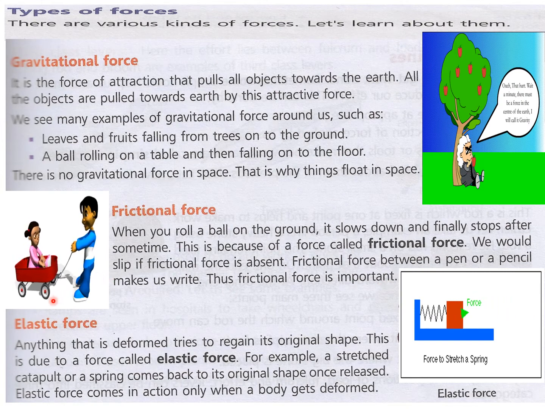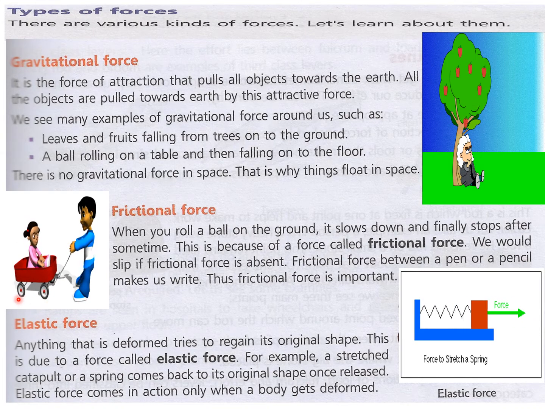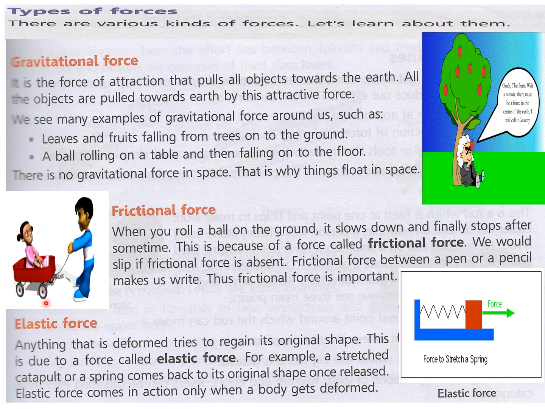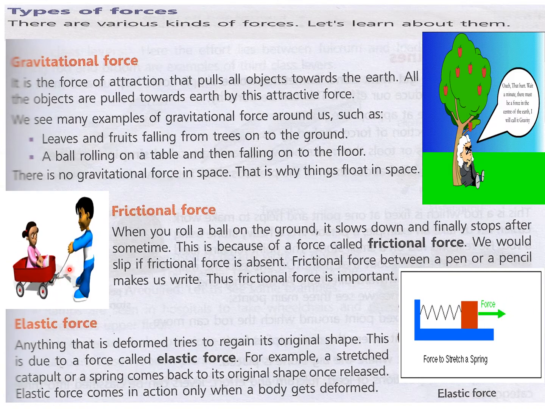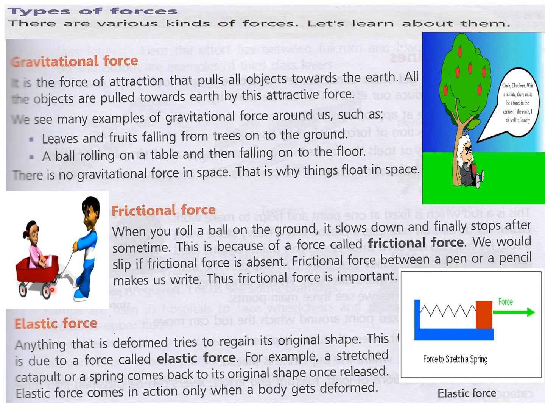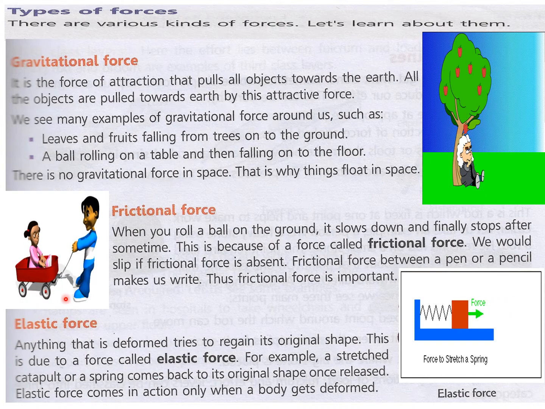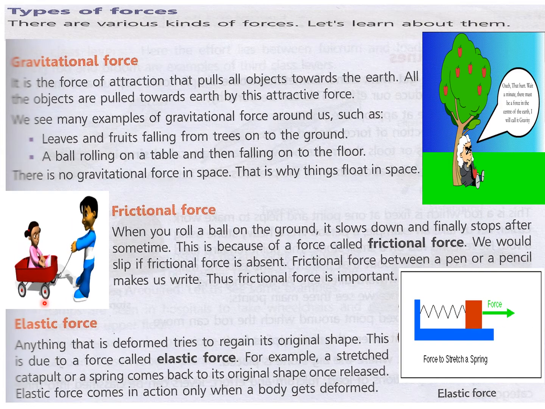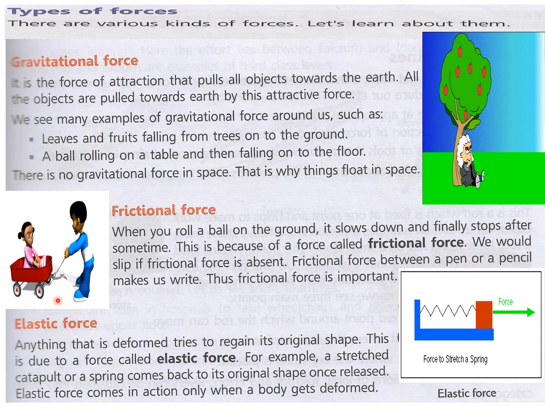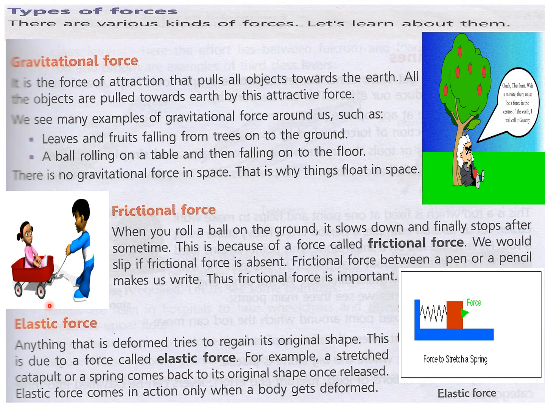You can see when this boy is pulling this string, the wheels are rubbing the floor. So there is a frictional force developing between the wheels and the floor. That is why this boy needs strength to pull the cart, because the frictional force is stopping this cart from moving forward. So frictional force is present whenever two things rub each other. Whenever we drive a car, the wheels of the car and the road touch each other and frictional force is developed.